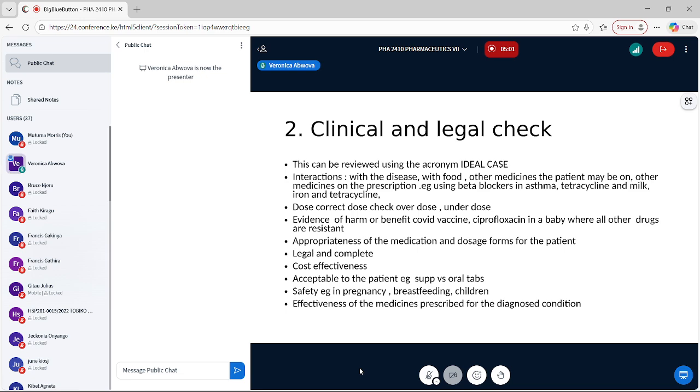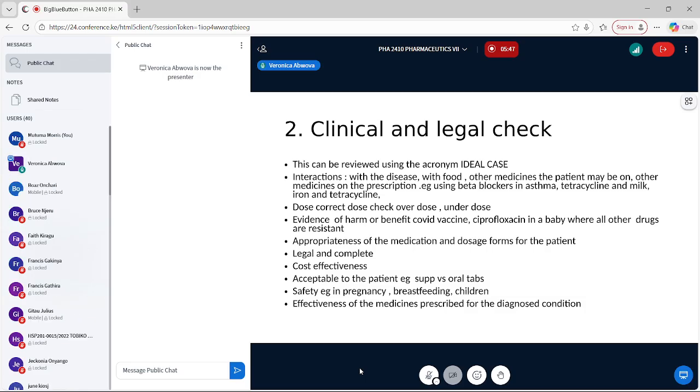So what you can tell the patient is when they are taking the drug, they can avoid taking the milk. So for instance, think about doxycycline. Generally, the dosage for doxycycline, if you have an infection, is twice a day. You take it in the morning, you take it in the evening, after every 12 hours. But you will find that within about 2 hours, the majority of the doxycycline has been absorbed. So if the patient wants to take their cup of tea or their glass of milk, you can tell them,